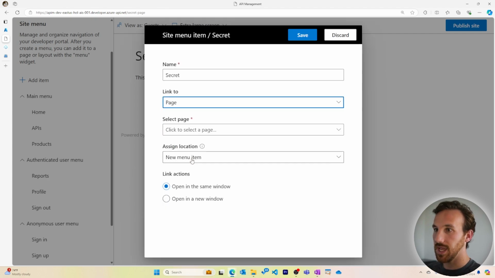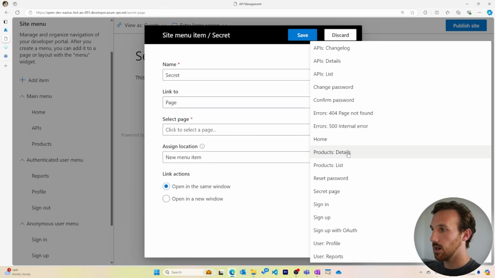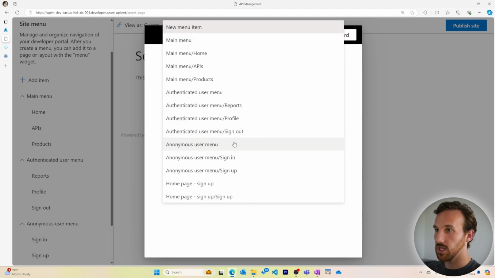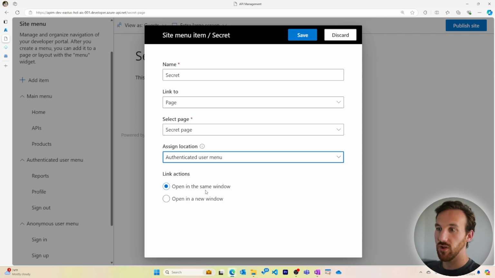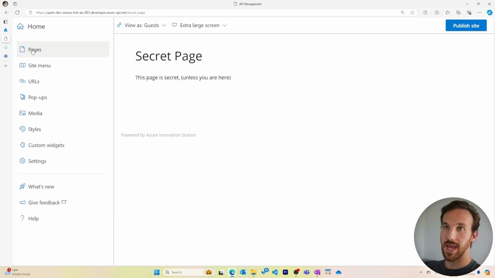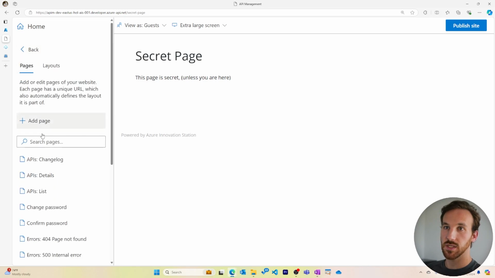We'll link it to a page, and we'll select our secret page, and then assign the location for the menu option. We want to add it to the authenticated user menu. So all users who are authenticated will see this along with the reports, profile, and sign out options. And we'll have it open the same window. We'll save this. Now if we go back and we go to our pages and we go home,